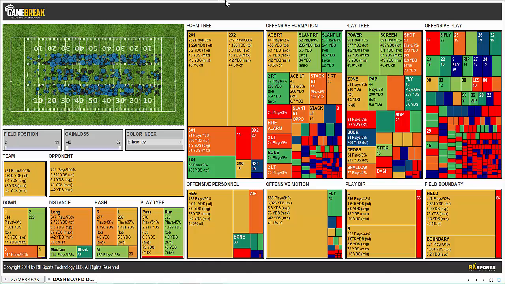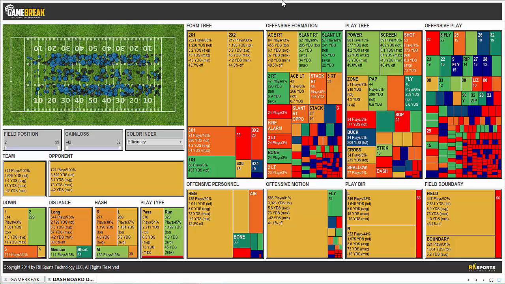Now, as we look at the types of information they provided to us here, they've got information related to formations and plays, personnel groupings, where they use motion, directions of where they go, any number of things that you can include in one of your dashboards that will help you best understand yourself. Now, one way that you might do a self-scout,